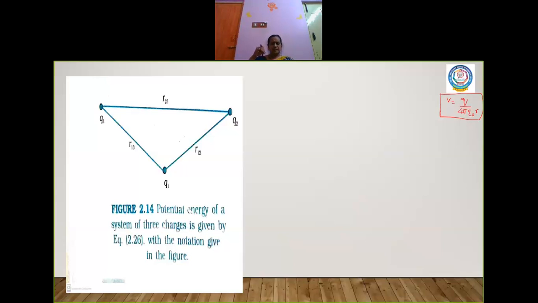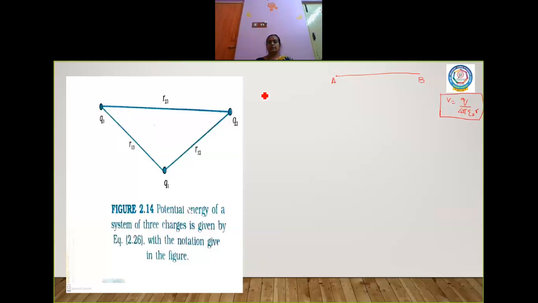Now we'll start with a very simple process. Let us consider 2 points. Let me explain with the diagram so that it will reach you very fast. So A and B. I'm going to consider 2 points here, one at A and one at B. Now what I'm going to do is bring a charge. Let us assume the charge is at infinity. Let the name of the charge be Q1.